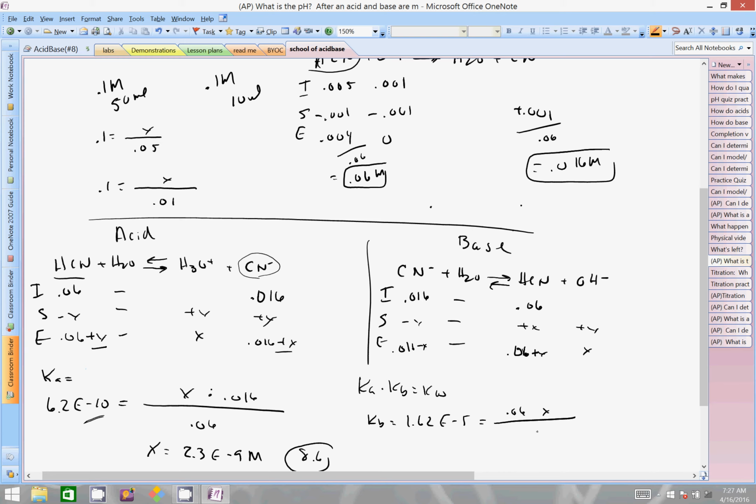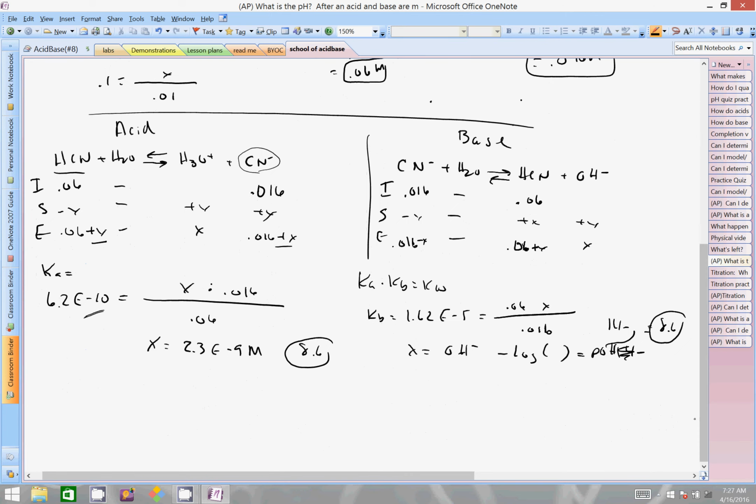0.06 over x, 0.011 with 0.016, the same number there. And when you do all the math here, x will equal the concentration of hydroxides. You then take the negative log of that concentration, which will give you the pOH. 14 minus the pOH will give you 8.6. Okay, so here's an example where we have all the math done